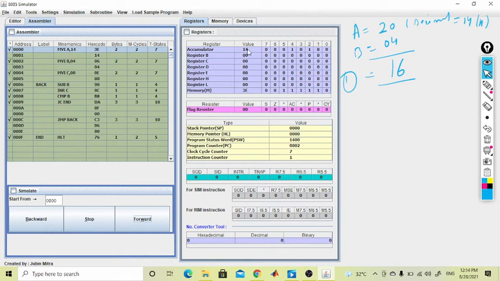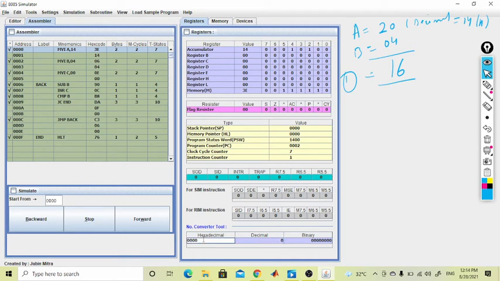Here you can see the value has come, and the accumulator is containing 14. By writing this instruction we can see the accumulator has the value 14, and you can also check the hexadecimal value 14 is equal to how much.